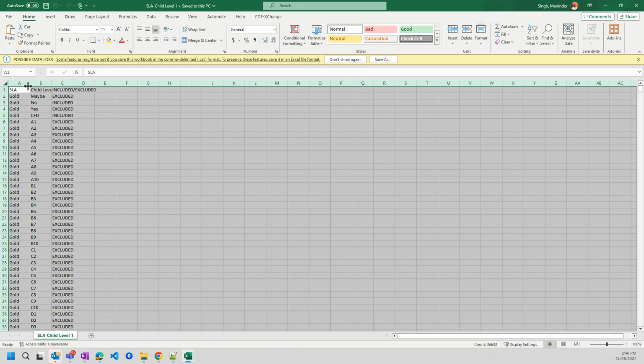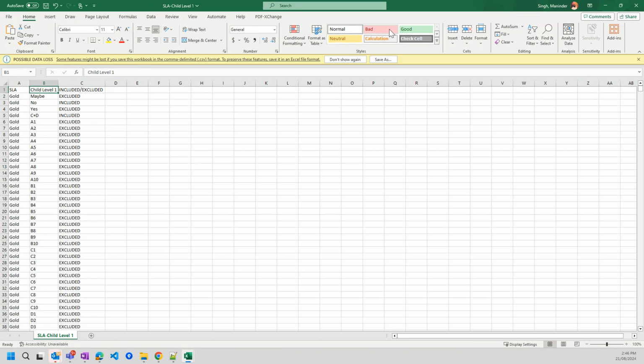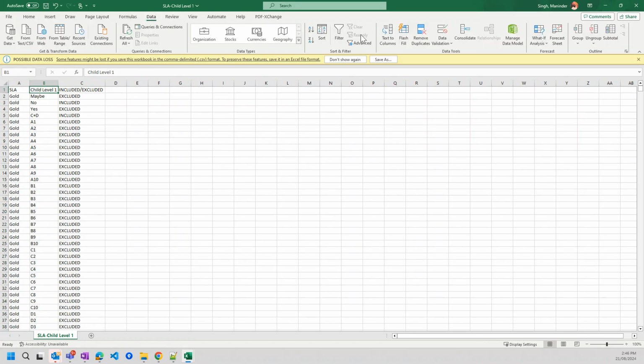Here we are. I'll filter the data. On the first column, you would see the controlling field values, second column represents the dependent field values. The third one is a keyword field which tells you whether the dependent value is included or excluded. The first row is a header